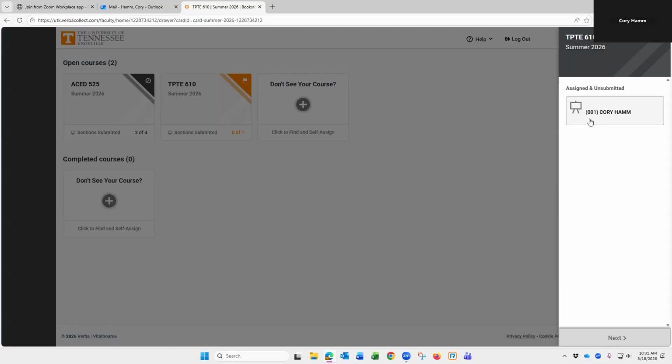If you are teaching multiple sections for the same course and want to use the same material for each section, simply select all of the sections so that you only need to do the adoption once. In my case, I only have one section, so I'm going to click on that box and hit the orange